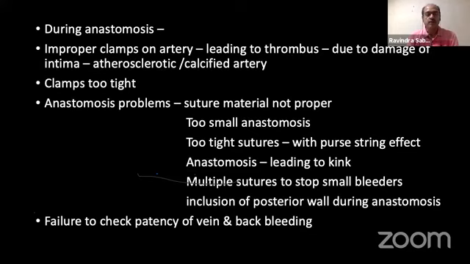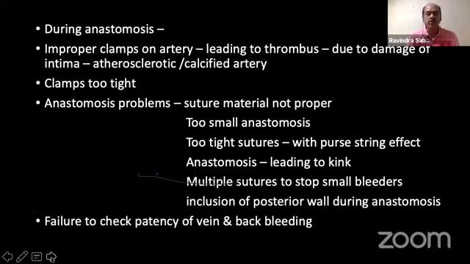Now, if you don't have that patency, if the flow is not proper, which means that there is some proximal subclavian or somewhere a stenosis, whatever good anastomosis you do here is eventually going to fail. And therefore, when you are dissecting and when you are doing anastomosis, these are all aspects which you have to keep in mind, and these are the aspects which will actually enhance your success rate.